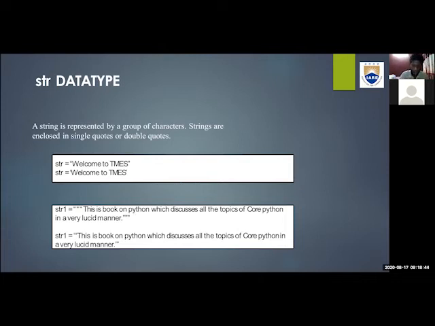Similarly, in the second example, I'm placing 3 single quotations at the start and 3 single quotations at the end. The output which gets printed is the same. So the basic thing is we can use single quotations as well as double quotations, but they should be used in equal manner at the beginning as well as the ending in appropriate places.